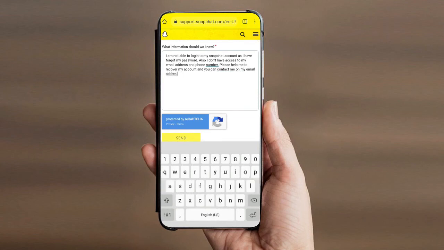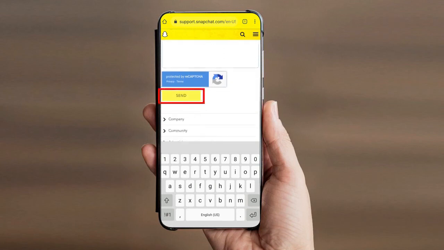So here you can simply enter the email address that you have entered before, alright. So where you can receive emails from Snapchat, alright. And after you have entered the required information about the issue you are facing, simply tap send, alright.